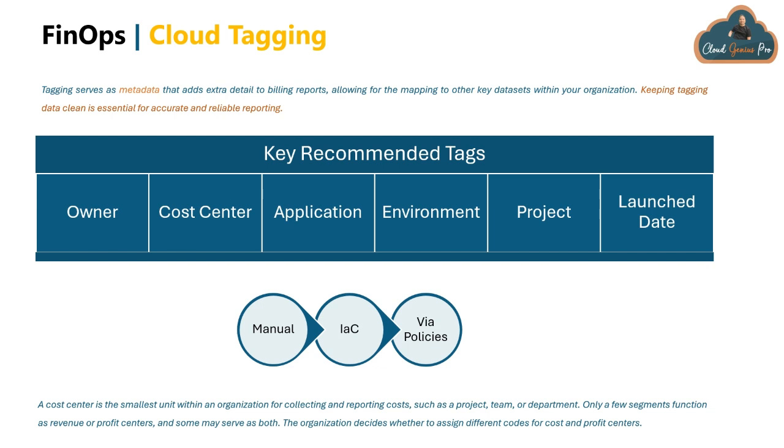So in this way, that is what I wanted to talk about regarding cloud tagging. It is very important that we use cloud tagging holistically in the ecosystem to ensure that we enforce a culture of accountability. And tomorrow, at any point in time, if we want to utilize these tags for any kind of reporting or automation, we can easily do it.